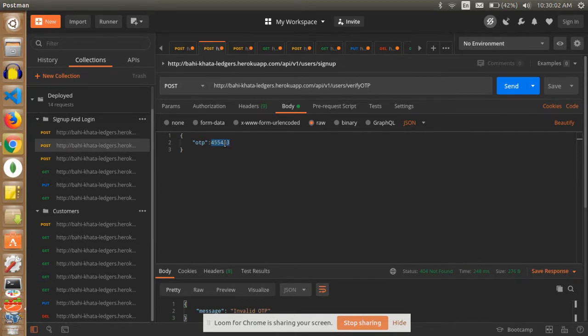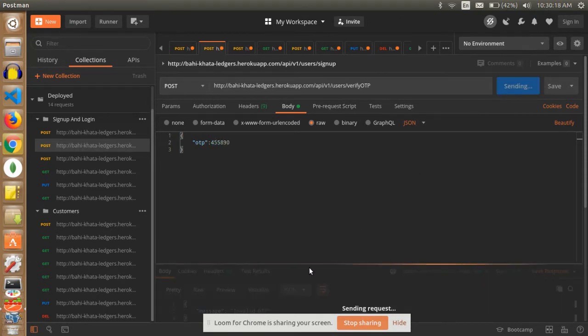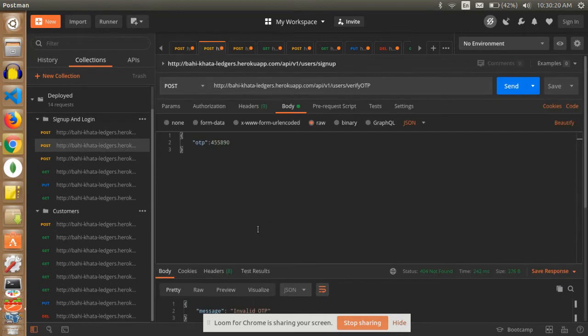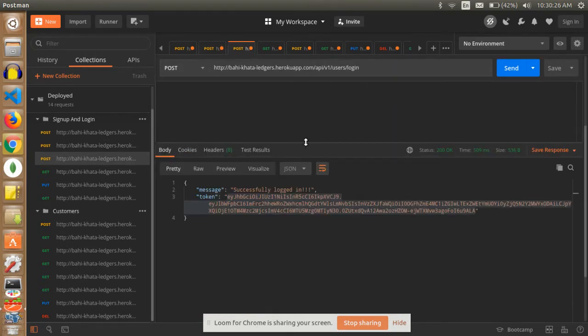If the user gives the valid OTP, he will be redirected to the login page, and if the user gives an invalid OTP, it will say the OTP is invalid, and then redirect to the sign up page. So here I am going to put some invalid OTP, and it will say invalid OTP. Once the user confirms the OTP, he will be redirected to the login page.